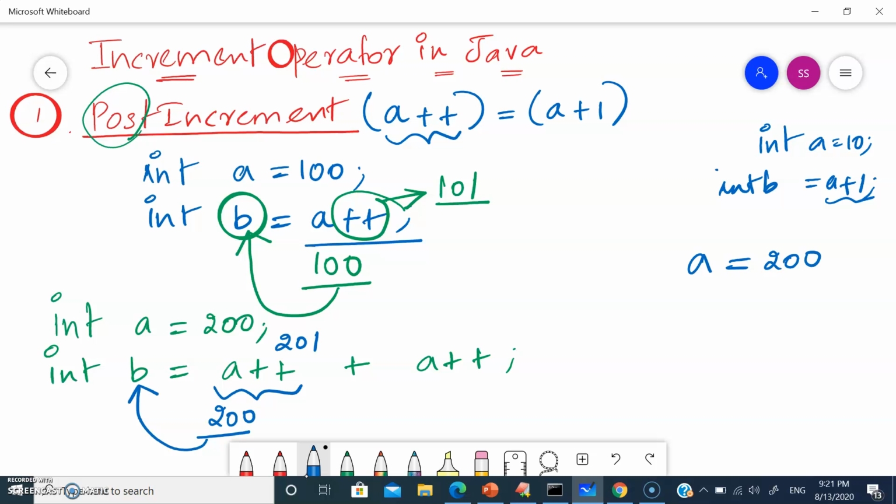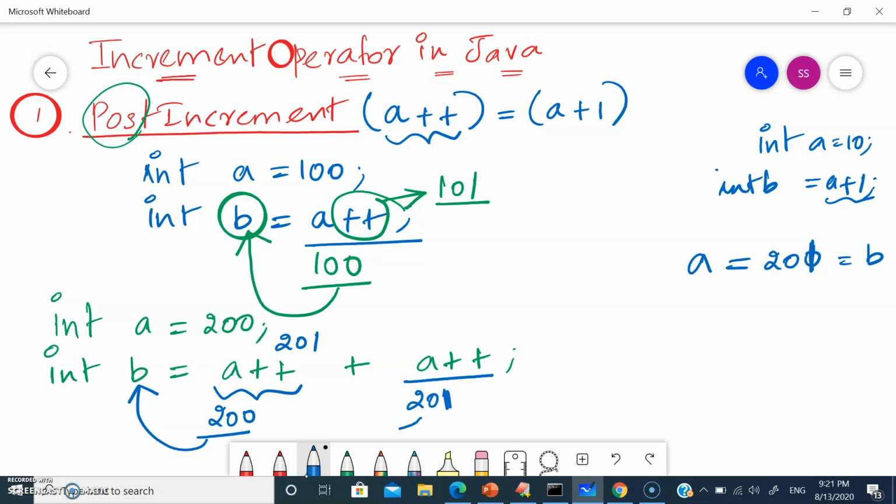First it is assigning the value to B. After assigning the value to B, the value of A is getting incremented to 201. Now again, when I say A plus plus, what is the A value? 201.